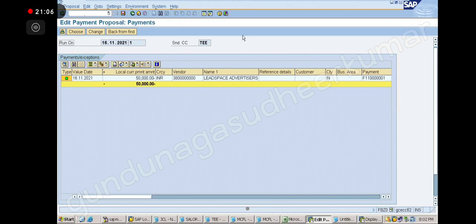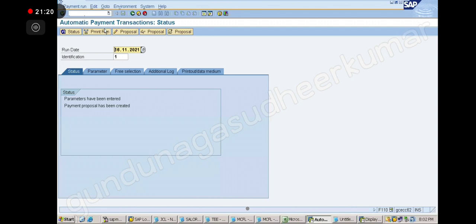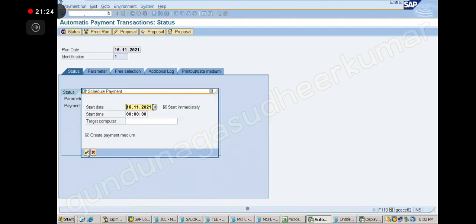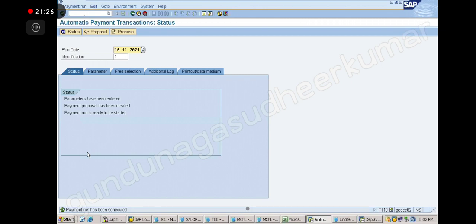So now I am going to make the payment. Payment run I am going to do to make the advance payment through APP. So let's do that. Now go back. Put the payment run. Enter. Keep on pressing the payment run.